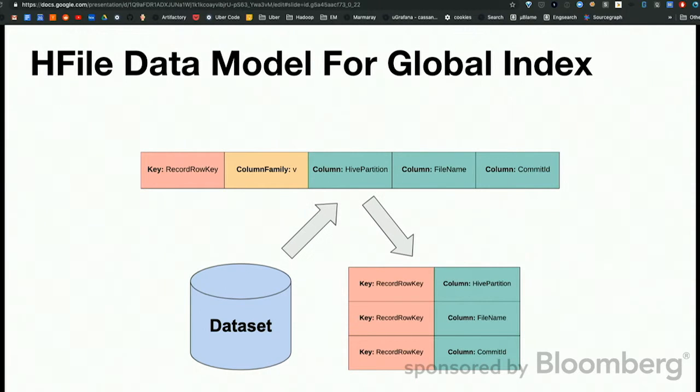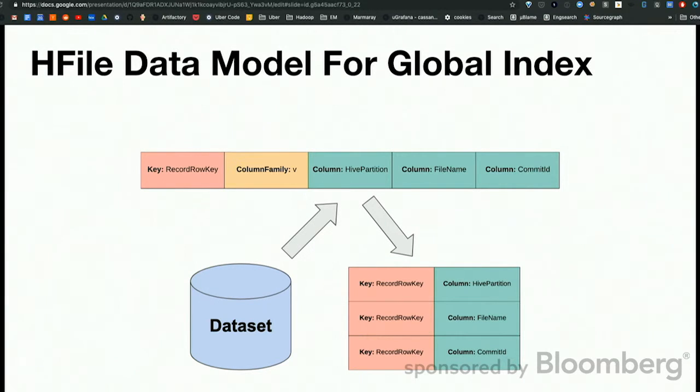Again, taking trips as an example, you'll know for this trip, it's located in this Hive partition, and within that Hive partition, it's located in this file name, and then it's located in this commit ID. Because again, using snapshot isolation for Hoodie, what we do is we write copies of the Parquet files with the update. So if your trip changed, we'll actually update the Parquet file, create a new one with the new trip information, while the old one still exists. And so people can query the old one while you're writing the new one. So it's just a standard Lambda architecture snapshot isolation